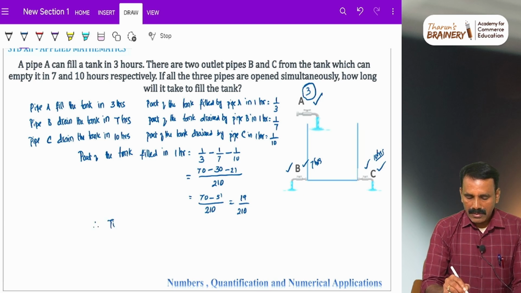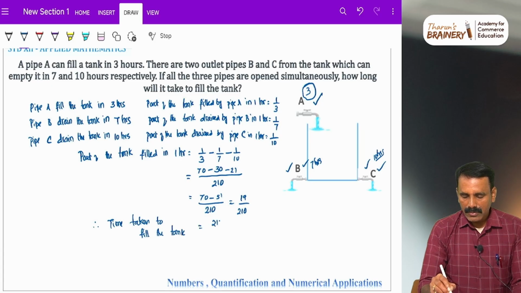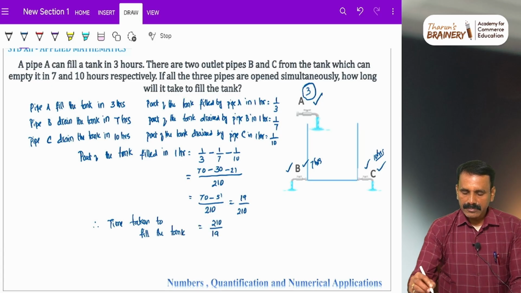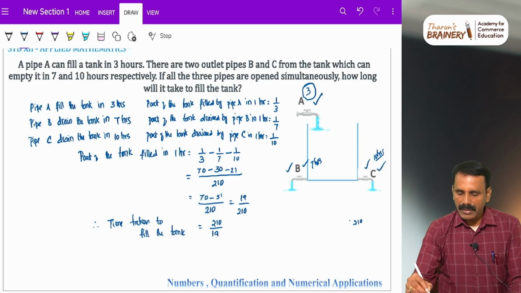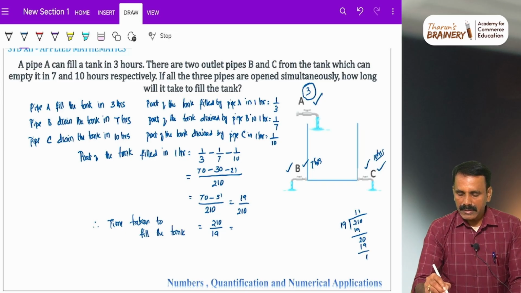Therefore, the time taken to fill the tank will be equal to 210 divided by 19. We divide 210 by 19. 11 times 19 is 209, balance 1. So, it will take